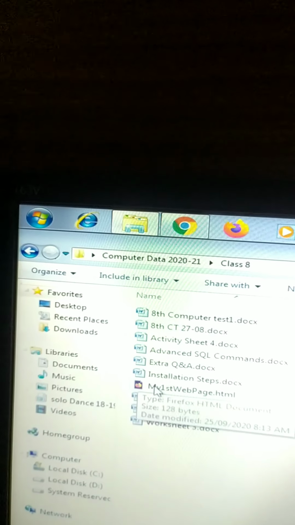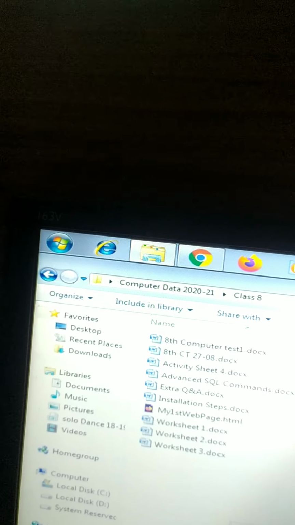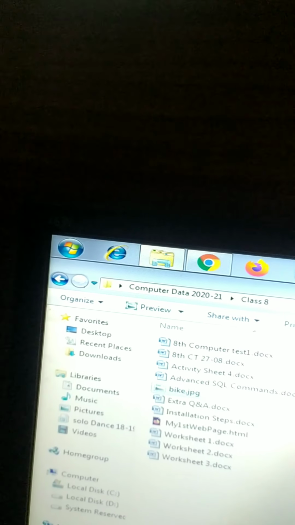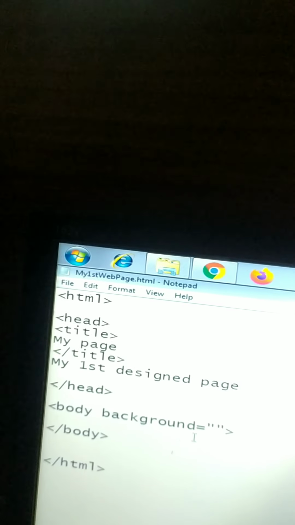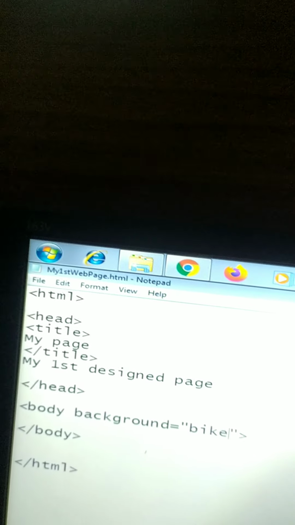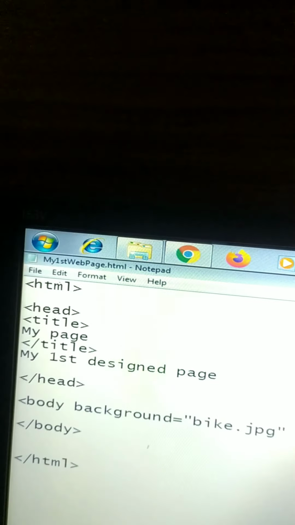Wherever the document which you have created is, over there only you have to paste this image. It is bike.jpg. So I will write over here bike.jpg, and the text,